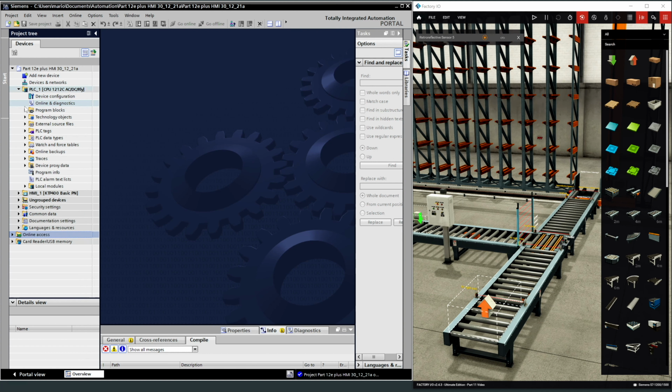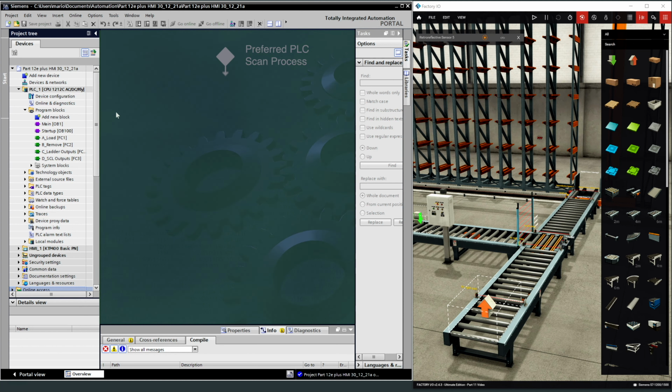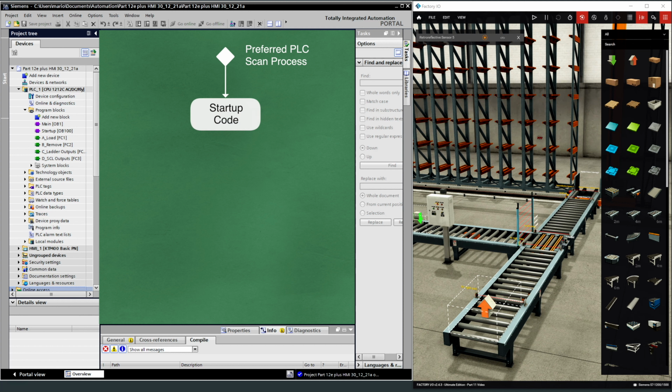Let's open the program blocks, and what we see are the main OB1, the startup OB100, followed by 4 functions. So why have we done things this way? Well, it's usually good practice to construct your code so that the PLC scans it in the following way. Firstly, we go through any startup routine, then the main body of the code, which is then followed by updating